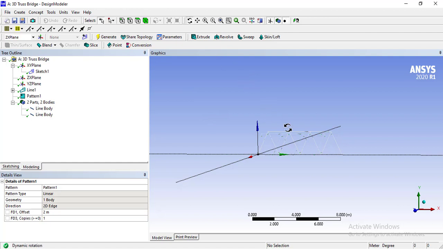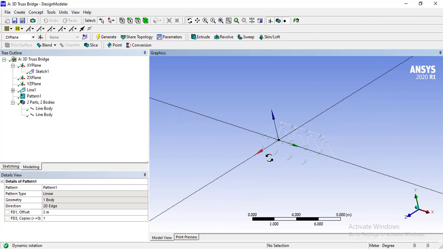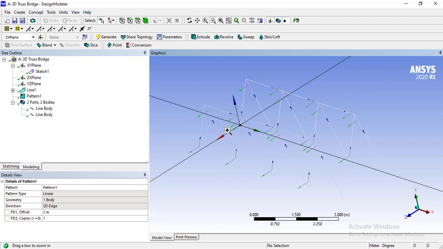Kindly rotate the sketch a bit to view both of these sketches parallel. I will zoom this area to show you. As you can see, those two sketches have been created successfully. Now we want to join these two sketches from this point to this point, this point to this point, and repeat this process 4 times.